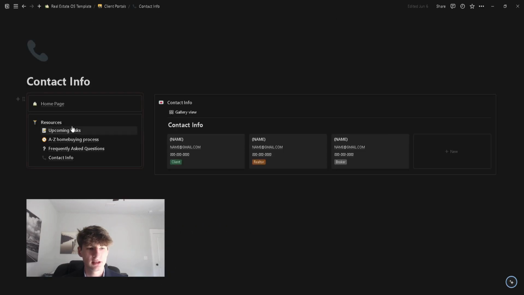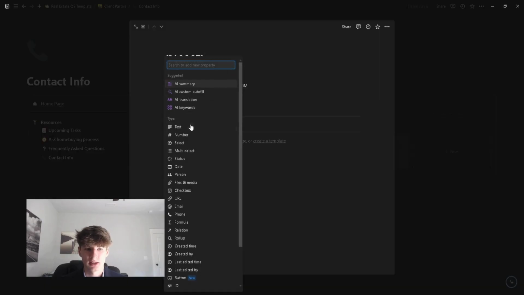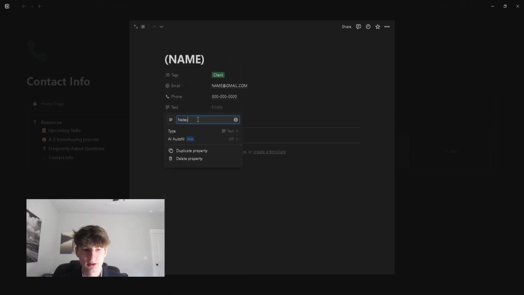So then next we're going to go to contact info. This is where you're going to store your info, their info, and then your broker or whoever else you want on here that's collaborating. This is just an easy way for them to have your phone number, your email, all that stuff in one place. And if you decide to put some text here, you can name it notes,